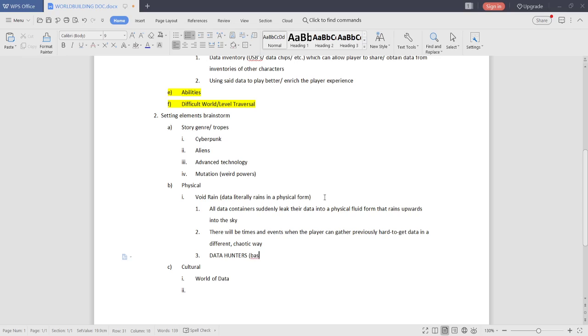If data is precious, then the player isn't the only one taking advantage of the free hacking for data during void rain. So yeah, when you have a precious resource, at least in this world, there will be people trying to take advantage of said resource. Now I just want to check a few more things.